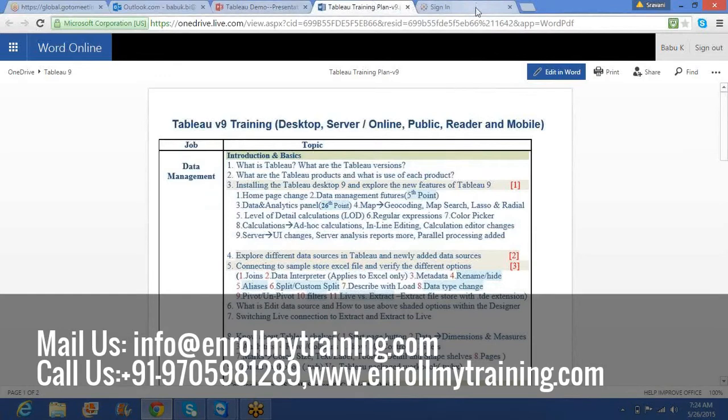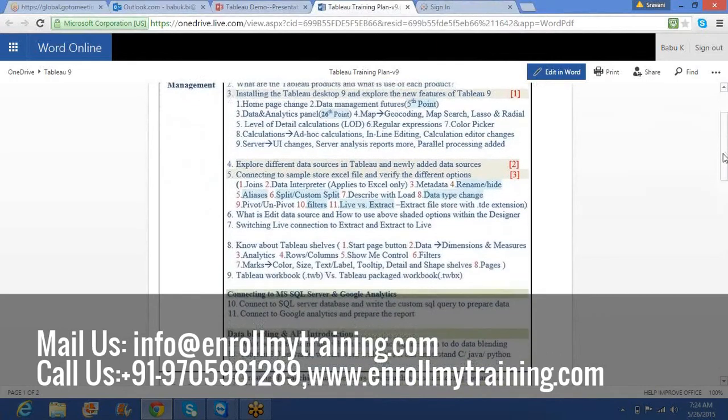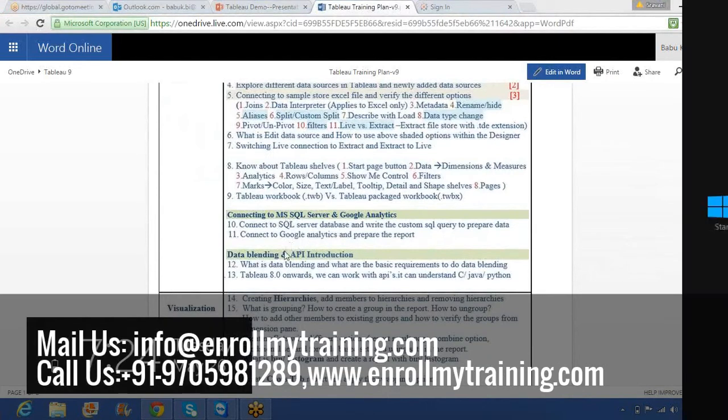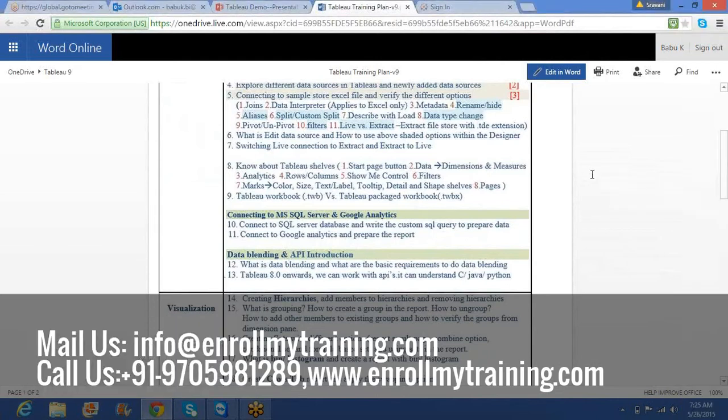Initially, we are going to start with the data management section. In this place, we are going to connect to the data and manage some data-related activities from the Tableau Desktop software side. And next, we can also connect to Microsoft SQL Server, Google Analytics, and do data blending. There are so many data-related activities here, and we are going to do that. And the next is the visualization. So in the visualization part, we are going to do some